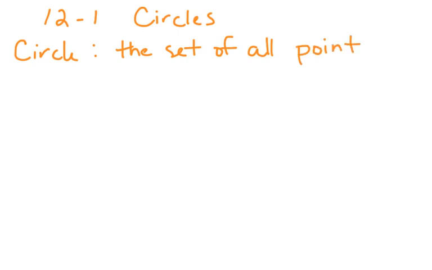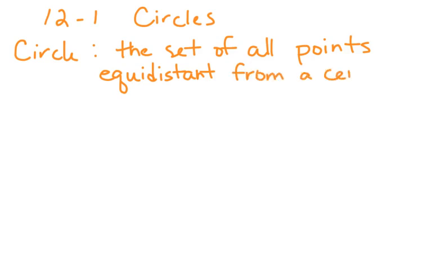equidistant from a center point. So we have a center point, and the circle is all the points that are the same distance away from that center point. So if this distance here from the green to the orange is, let's say, 3, and this